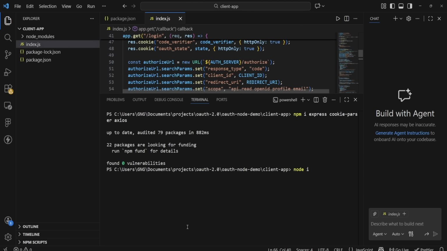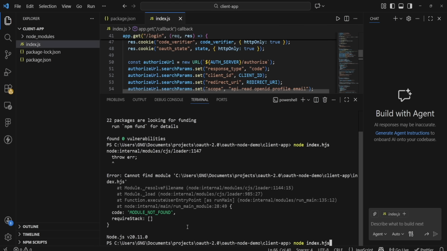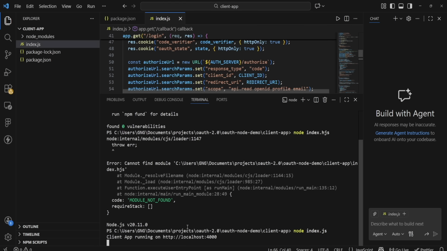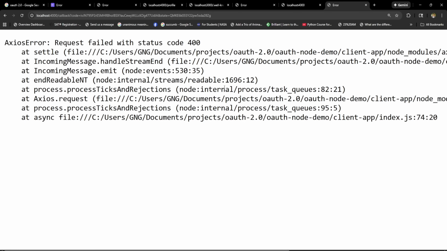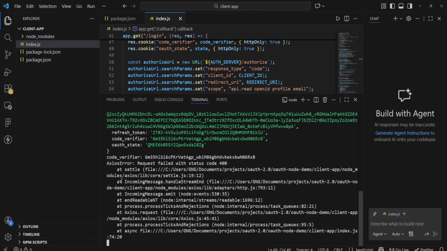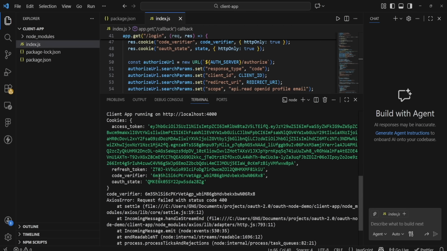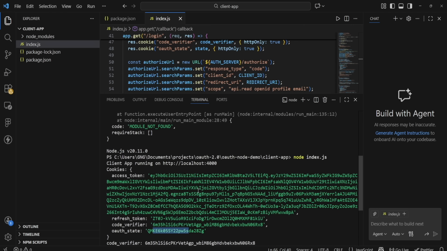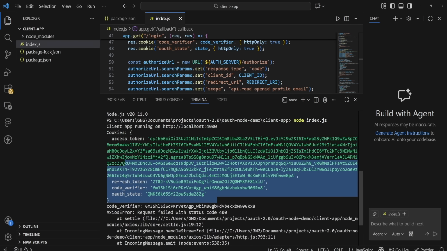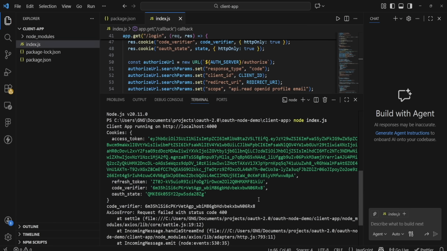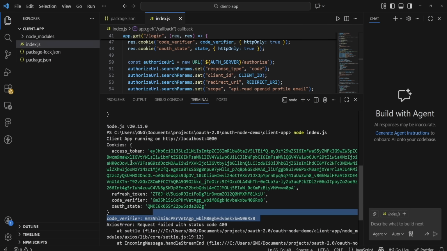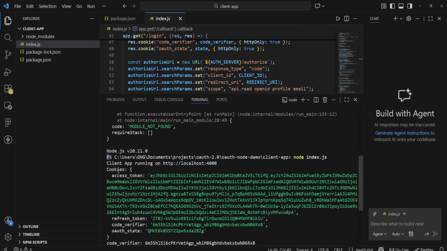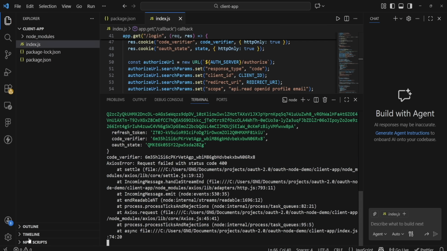Node index.js. Login. Okay, let's go back. We're getting access token, refresh token, code verifier, and OAuth state. So we're getting all of these paths in. Code verifier is this one, and then we have the Axios call. So if you look at this properly,